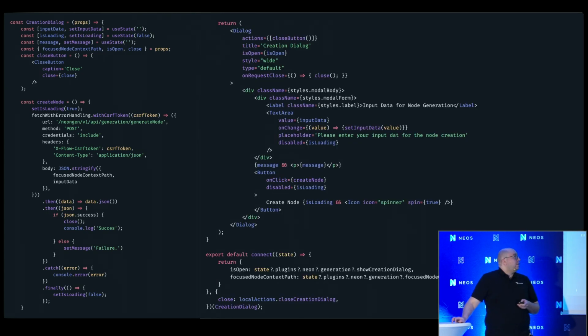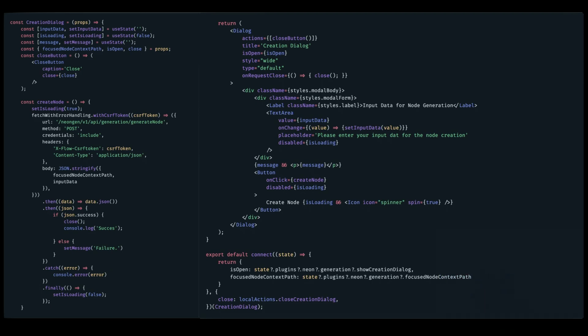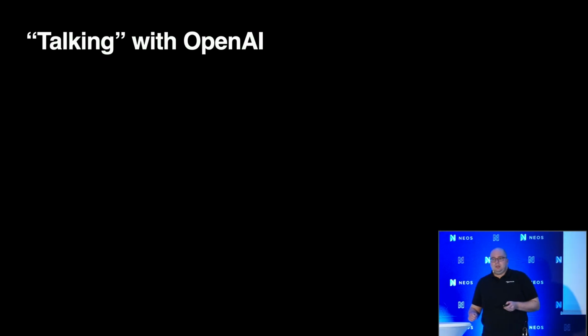And here is the dialog, the UI for it. I use the existing dialog element from Neos and adjusted it a little bit with my content and a little bit of styling, and tested it, and it functioned. I got my success answer from my backend and thought, great, okay, next step. Let's talk with the OpenAI API.